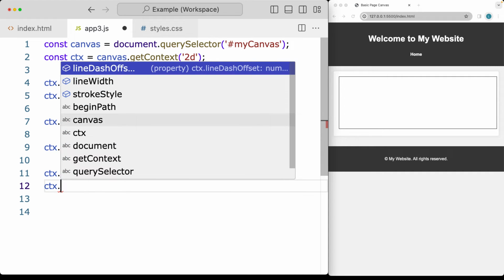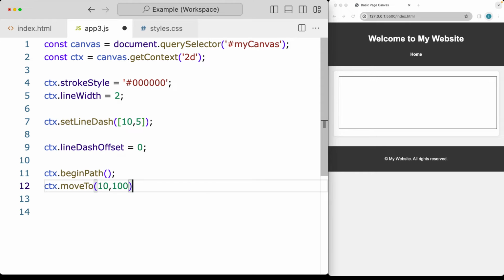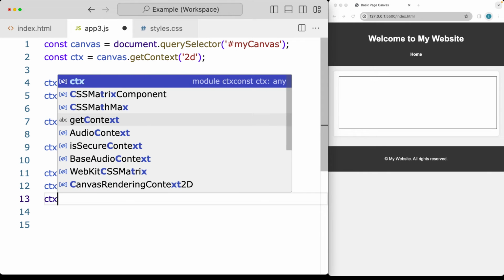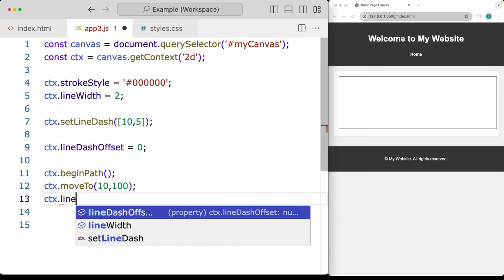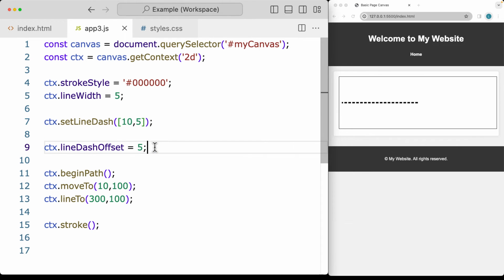So CTX, we have to do a move to set the starting position of the line. So we're going to start it at x10 y100, and where we're ending the line, so we're doing a line to. This gives us the line. We can update the line width, so that will make it thicker. We can set the offset of the line, so let's set the offset to be 5, so that will move